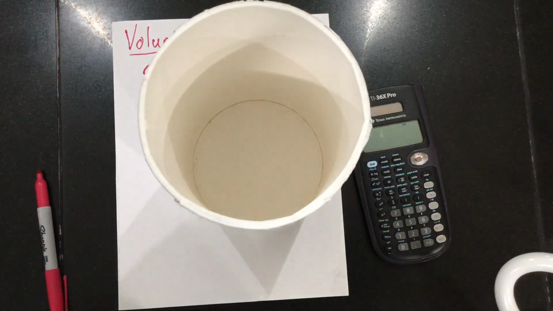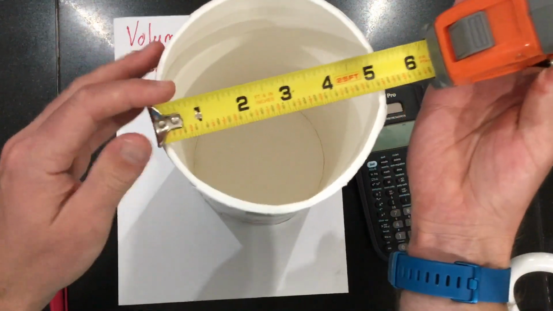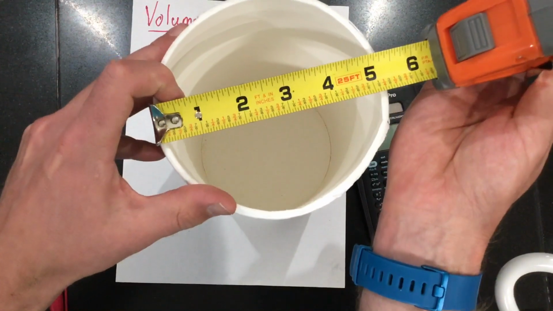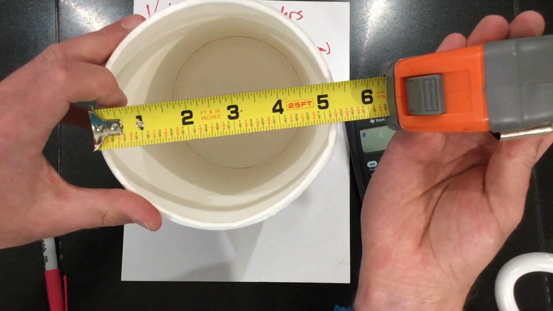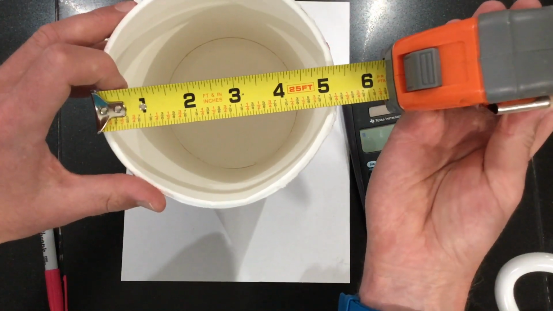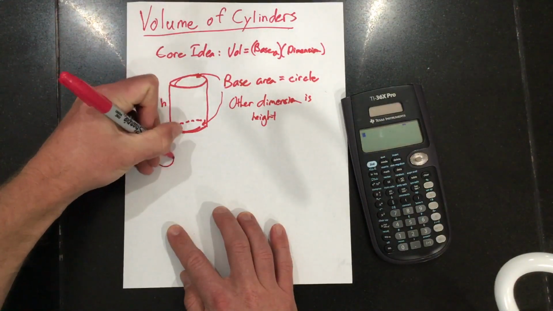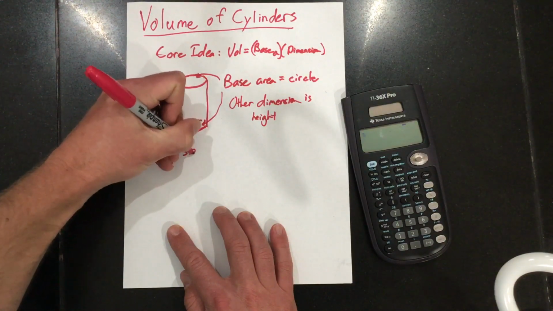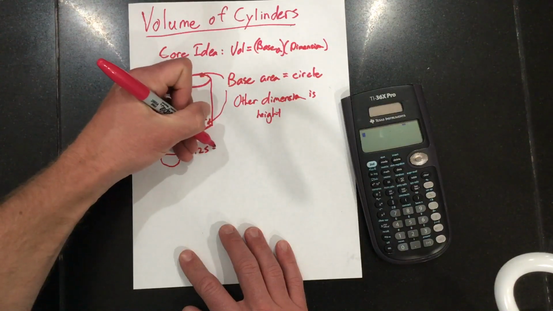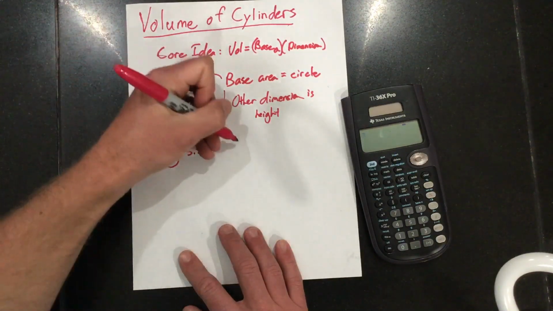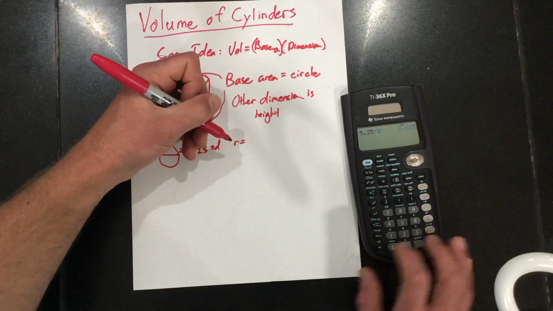We have a circle. What we'll need to do is measure how far its diameter is, and I'm going to say that the diameter there is about 5 1/4 inches, give or take. Yeah, let's go about 5 1/4 on the inches. So we have our circle, and we know that the diameter is about 5.25. We're going to ballpark that. Now, if the diameter is 5.25, that means that the radius is going to be half of that. So 5.25 divided by 2,